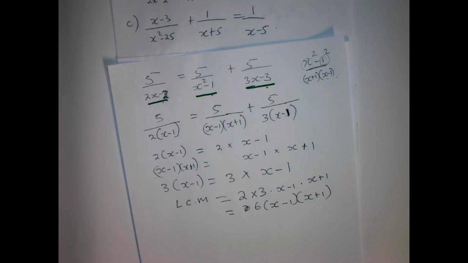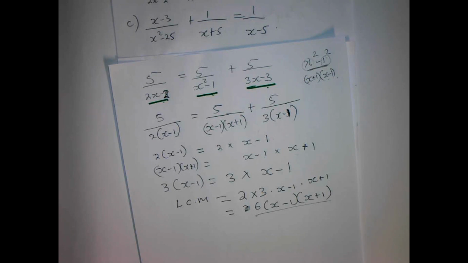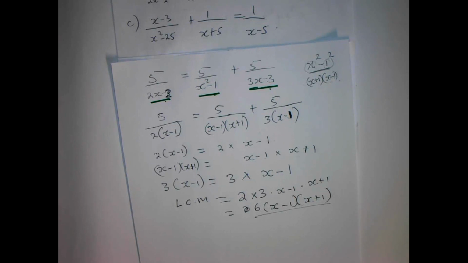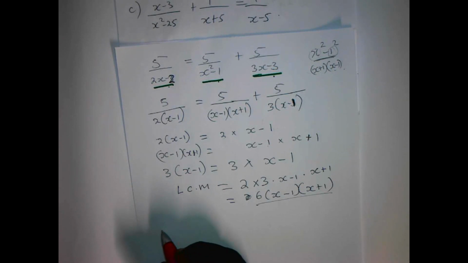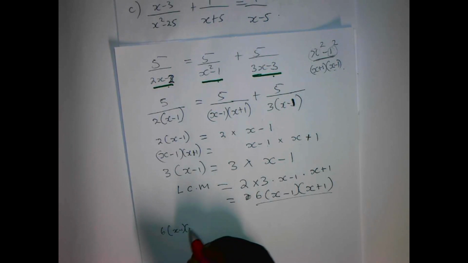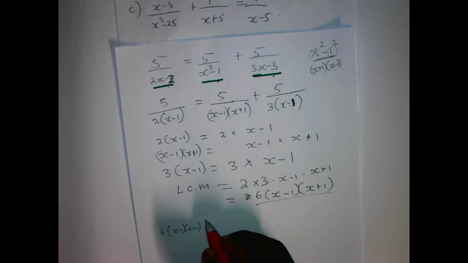This is what we are going to multiply with each term. Each term will be multiplied by this LCM. But I want you to revisit a bit the work on how to find the lowest common multiple. Here really it is assumed that you understand how to find the lowest common multiple. Now, how do we proceed? We multiply each term by this. So we will have our 6 times x minus 1 x plus 1 multiplied by